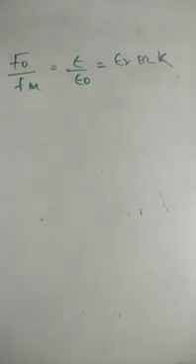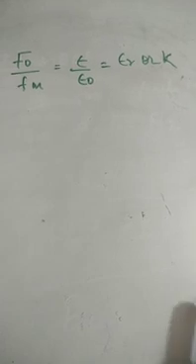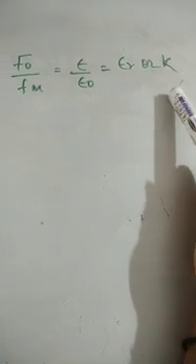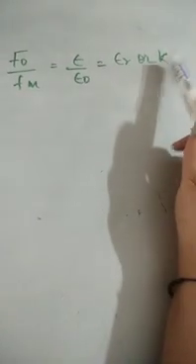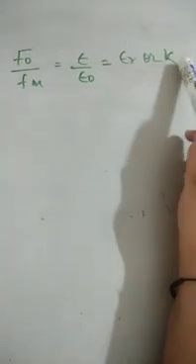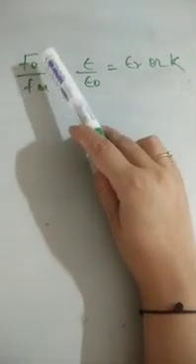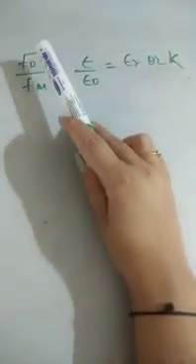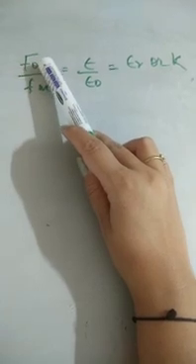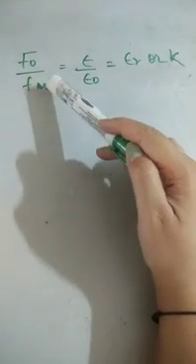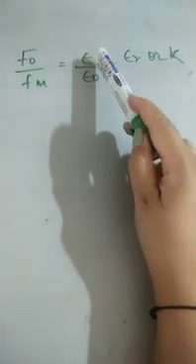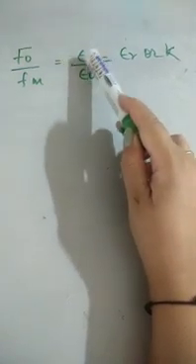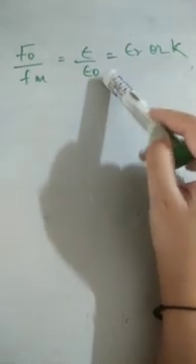The second query was from Shaurya Pratap. He has asked what is a dielectric constant and the dielectric constant for air. See, dielectric constant or relative permittivity, both are the same thing. This K is a ratio of two forces: the force between two charges separated in vacuum to the force when they are separated by a medium, or it is the ratio of the permittivity of the medium to the permittivity of free space, right?